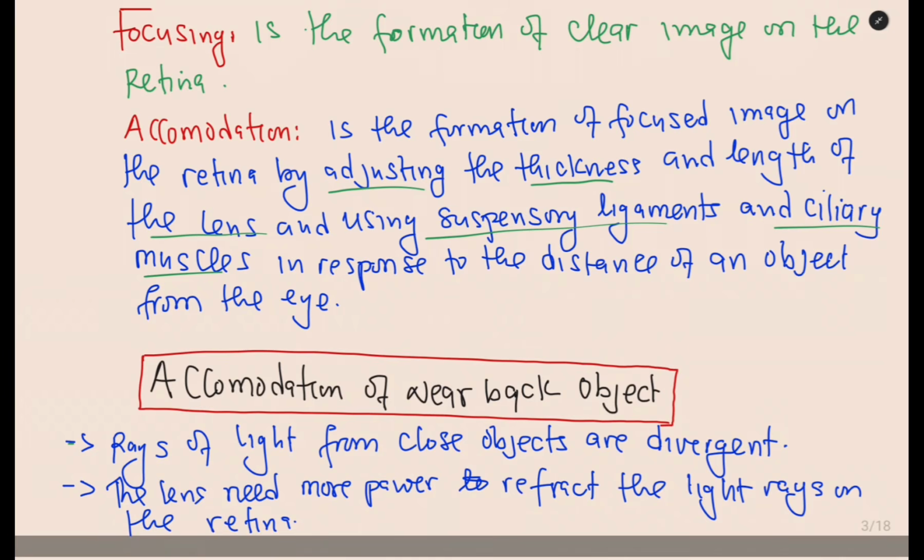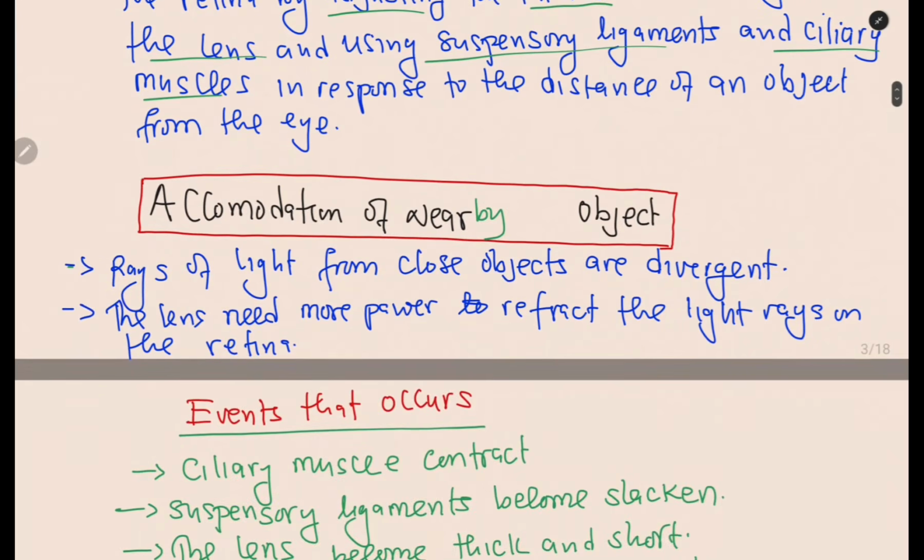So let us look at accommodation of a nearby object. One thing that you should know about a nearby object is that the rays of light from a close object are divergent. If this is an eye, the rays of light from a nearby object are divergent, which means they are splitting, and since they are splitting, there is need for a lens,